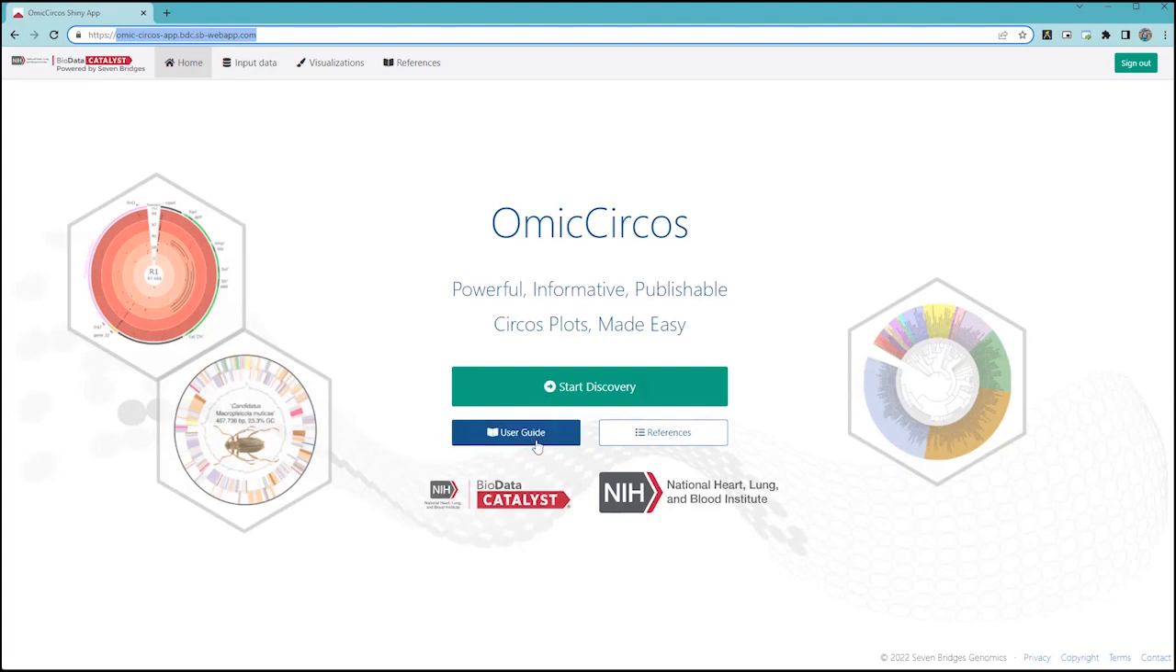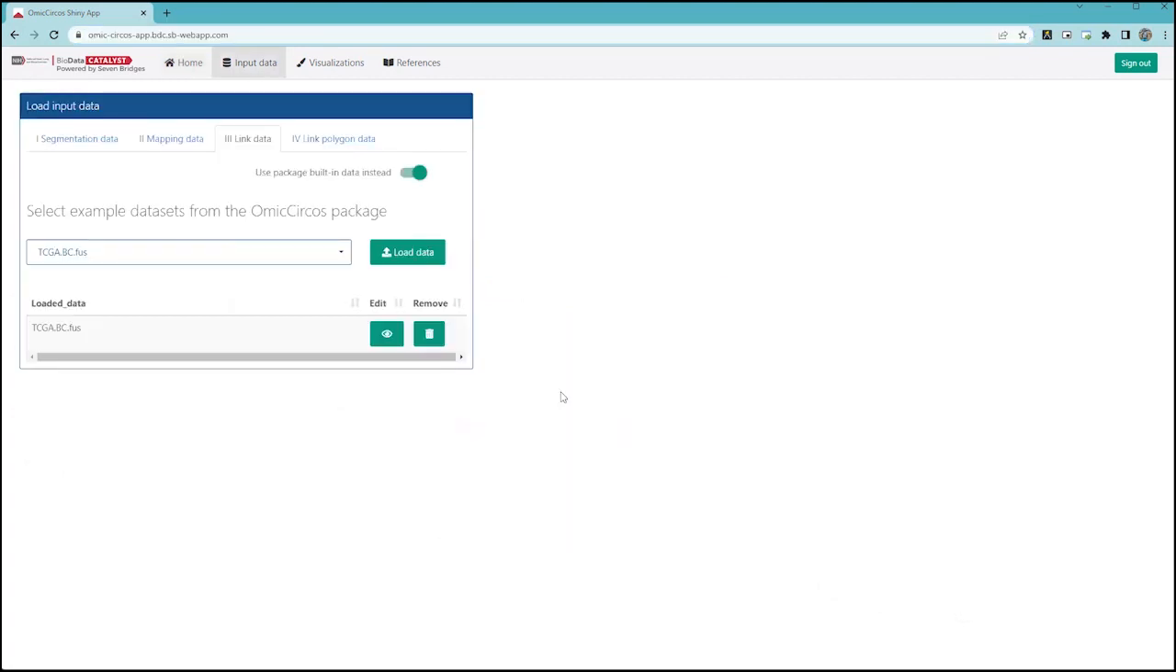Of course you have a user guide here and references. So if you click Start Discovery,